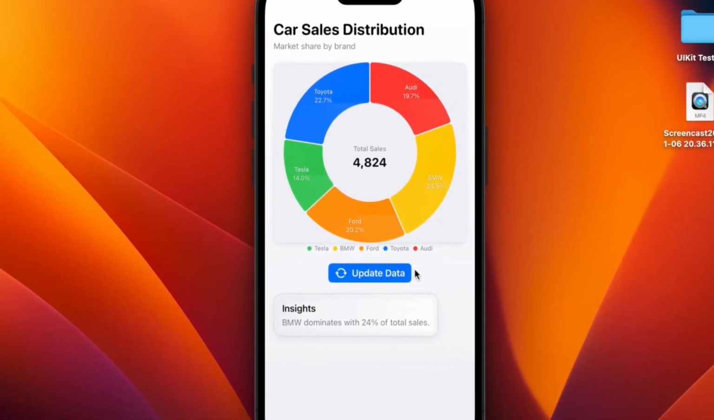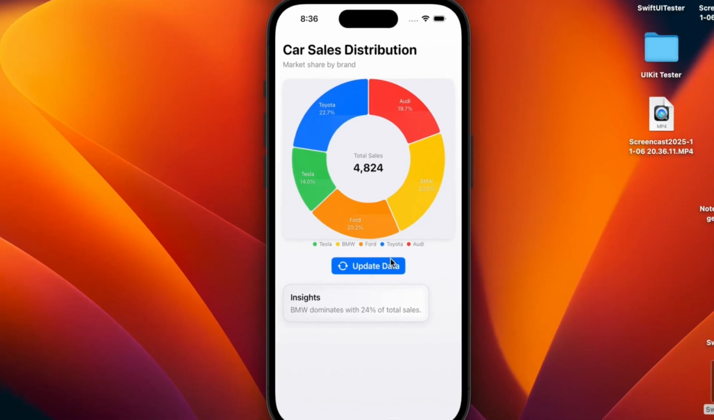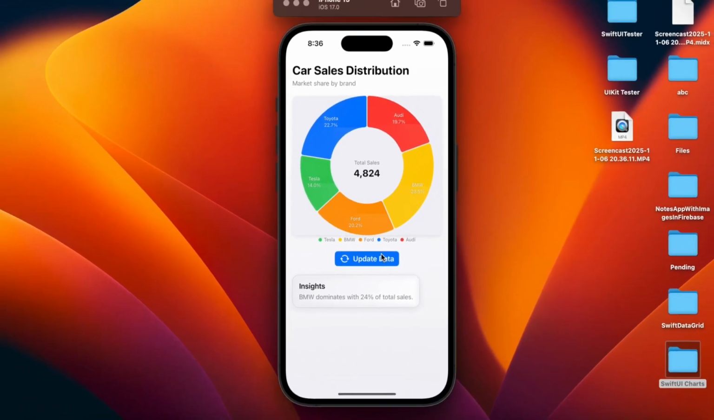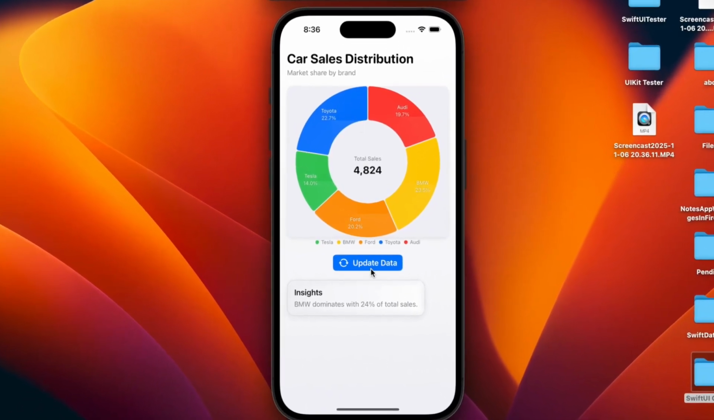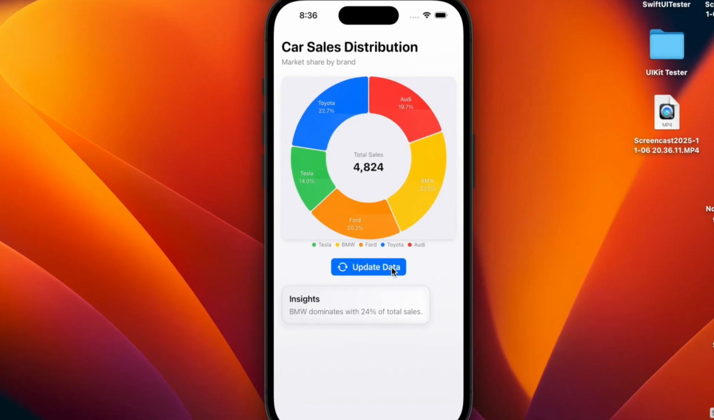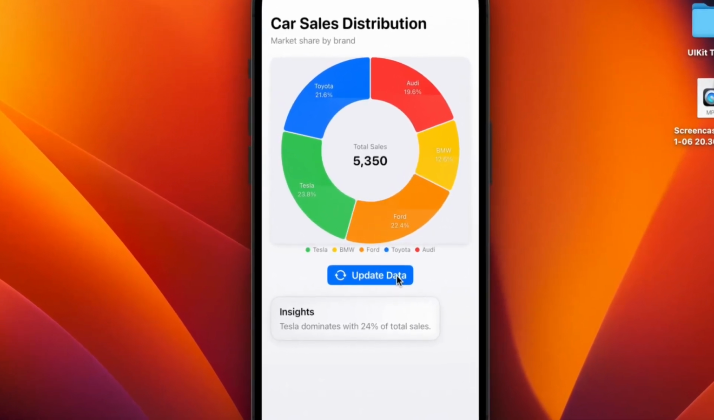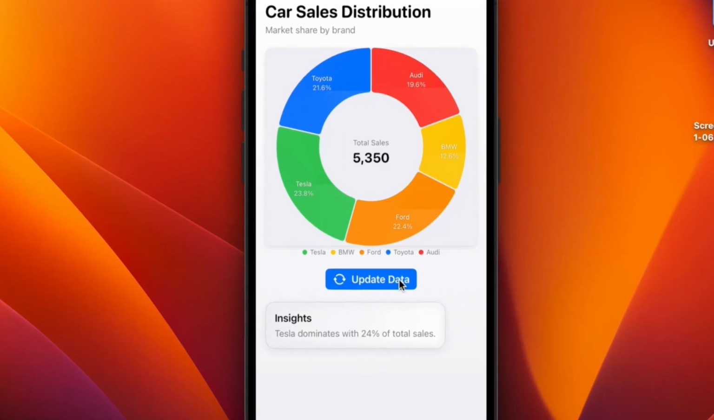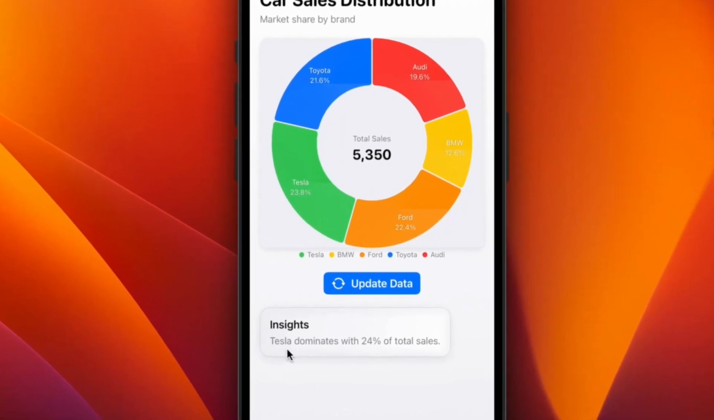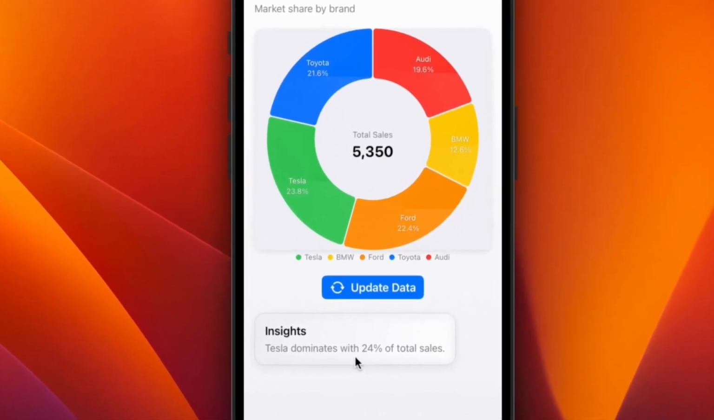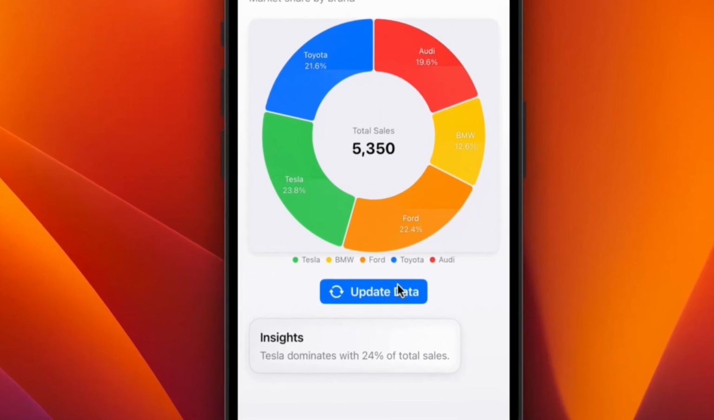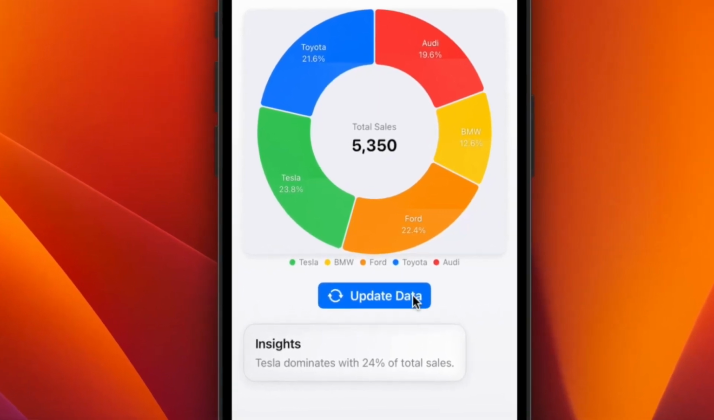So the information is retrieved from SwiftData and is populated within the charts. So if I click on the Update button, you'll see it updates the charts and it includes some animation and it also includes some insights. Like Tesla dominates with 24% of the total sales. And if I click the Update button again,